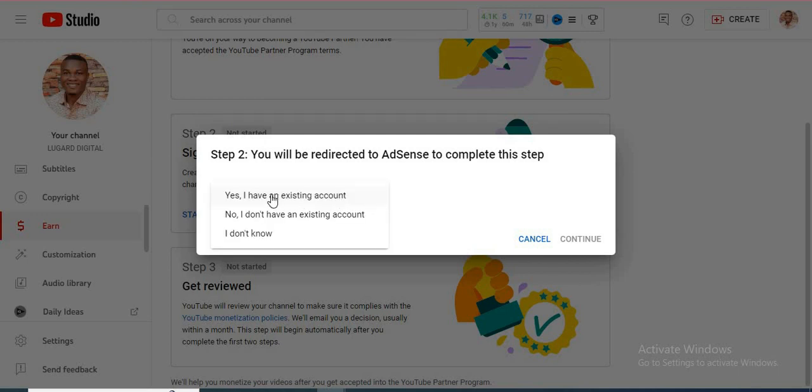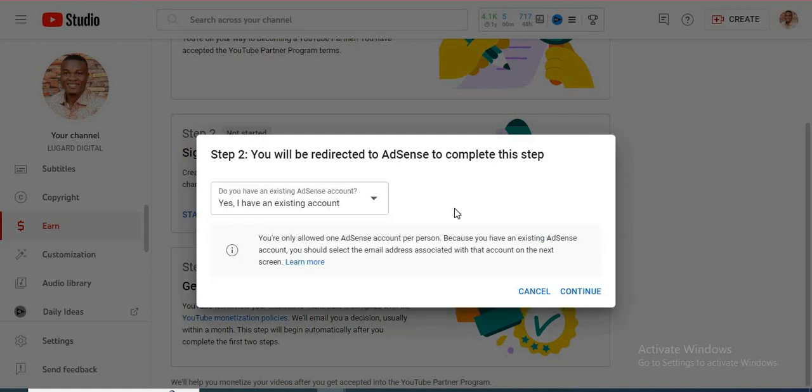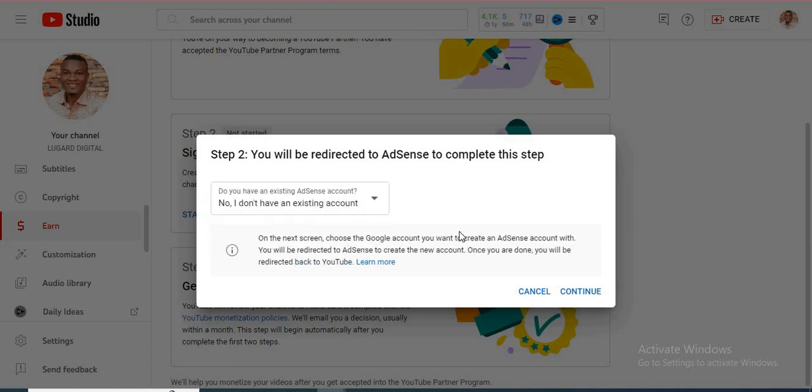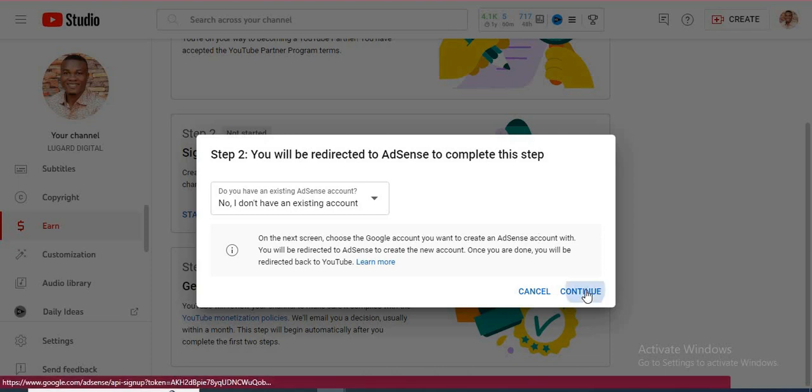Means that yes, if you have an existing AdSense account, you already have an account with AdSense, just click on yes, I have, and you click on continue. But here, since I do not have, just click on no. No, I don't have an existing account on Google AdSense. You click on continue